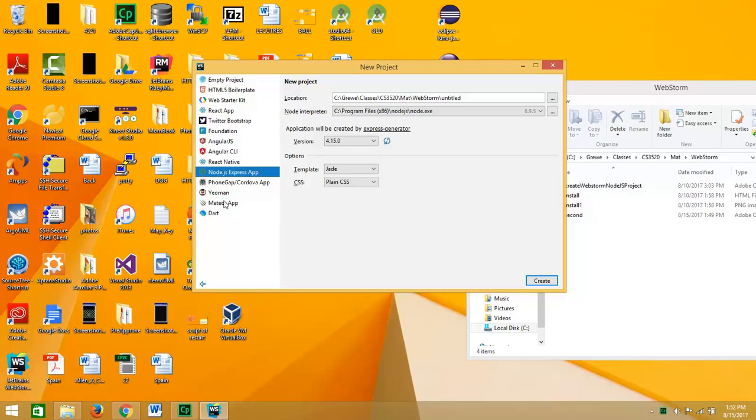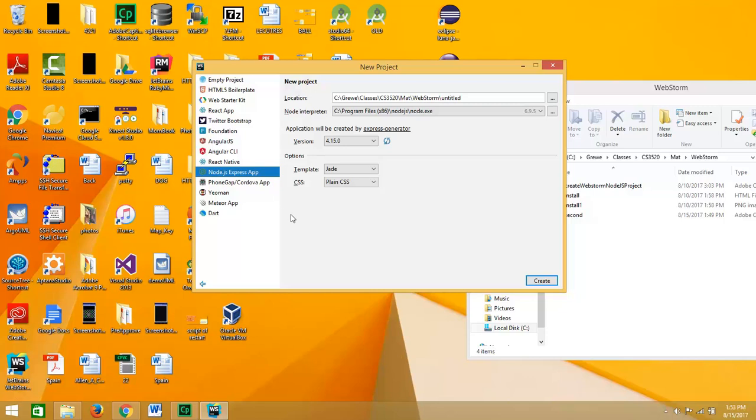There are other types of project that you can create. A simple HTML5 that might have some embedded JavaScript inside. You'll see React, which is a competitor of AngularJS, which are client-side technologies that make calls to the server side. And they're good for doing things like single-page applications where you're only updating part of the page rather than doing a whole reload. There are other things in here I encourage you to look at, like Meteor, which is an